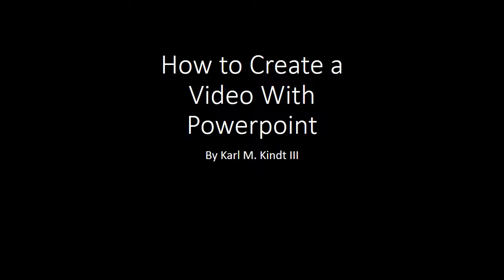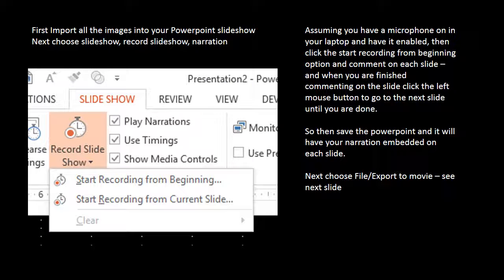Okay, so this is how to create a video with PowerPoint. First of all, get all your slides together, all your images on your slides, and then after you've done that, you're going to go up to the menu under the slideshow. So you've imported all your images, next to slideshow, okay, and record the slideshow narration, which is what I'm doing